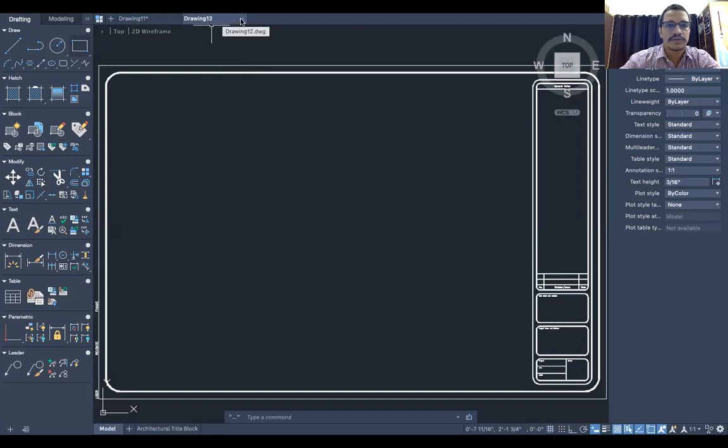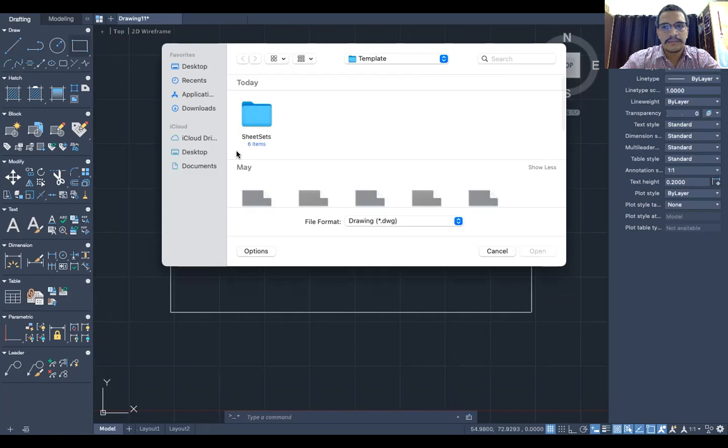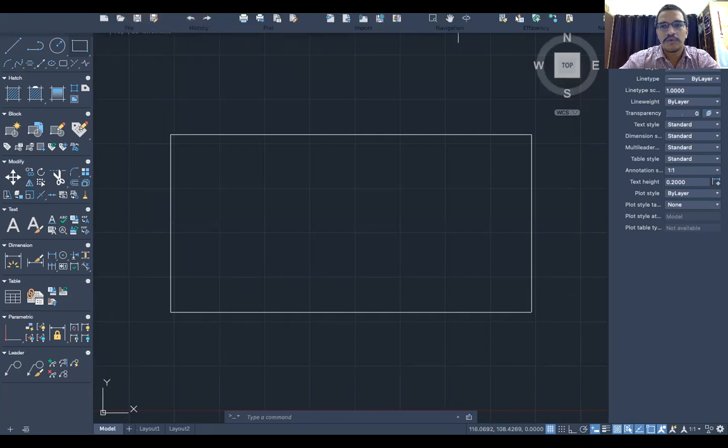Okay, so this is one method. Or you can directly press Control N in case of Windows and Command N in case of Mac user. It will do the same thing. Or in the customized toolbar, as you can see in the file menu, I have already given you this new drawing and open. And second, Control O for the open.